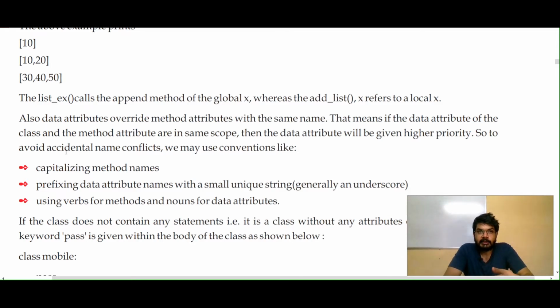Like, suppose you define a particular class Area. That puts a thought in your mind that this class will be calculating the area. Then you define functions like calculate area of triangle, or area of circle, or area of rectangle, or any other. These names make you think that this particular function calculates the area of a particular geometrical shape.